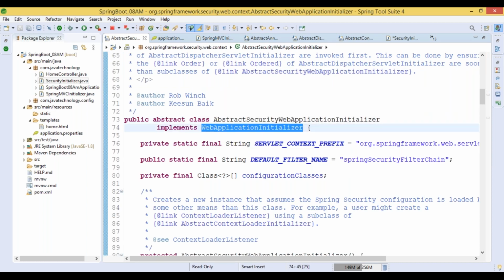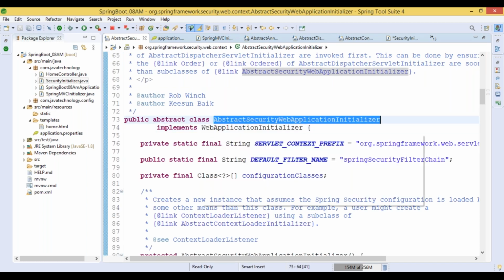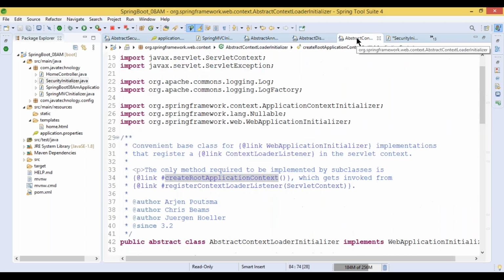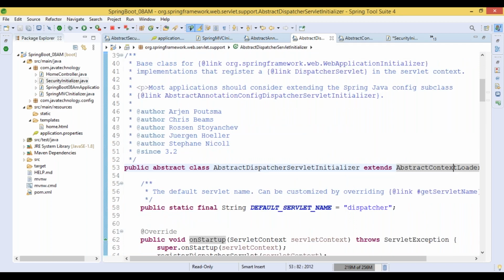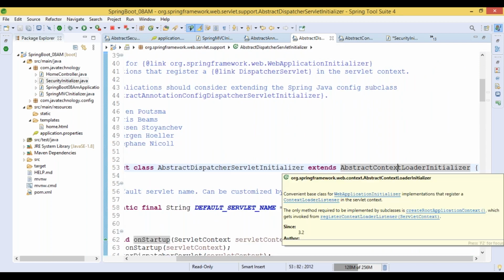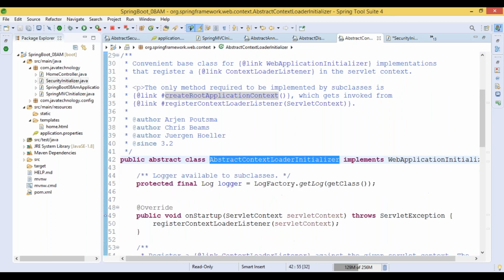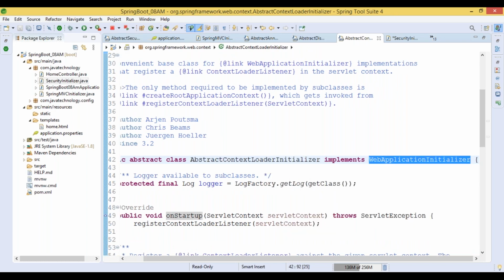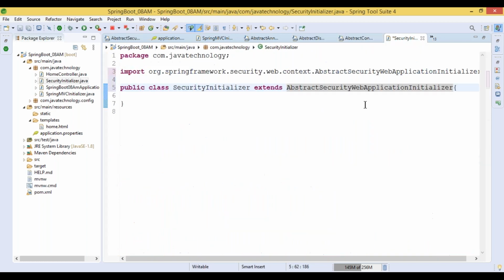I hope everyone understood. This class also implements the web application initializer. Our current example, the abstract security web application initializer, also implements from the web application initializer.